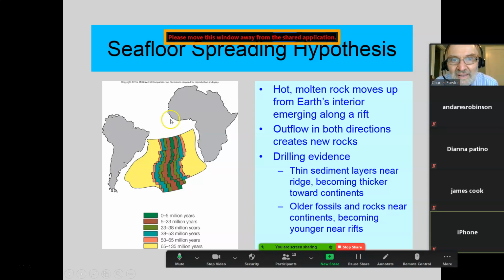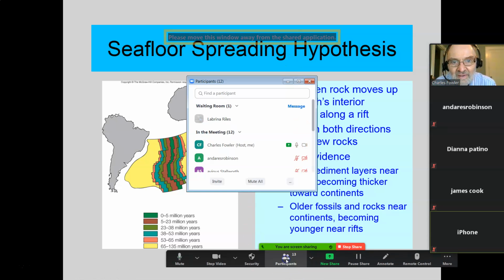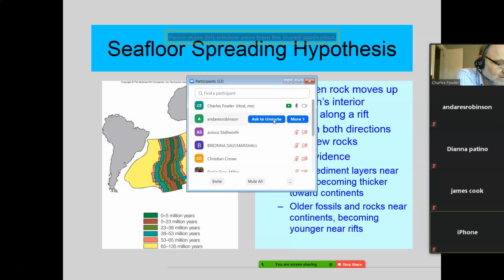Oh, here's somebody else coming in. I cannot see the name. Can anyone tell who this is coming in? I can't let them in because, well, let's see, maybe I can if I go here. Oh, Labrina's here. Okay, I should have done that to begin with. All right, let me get Labrina marked here. Good deal. Now that gets us up to 13. This is indicating only 12, so whoever left earlier must not have come back.